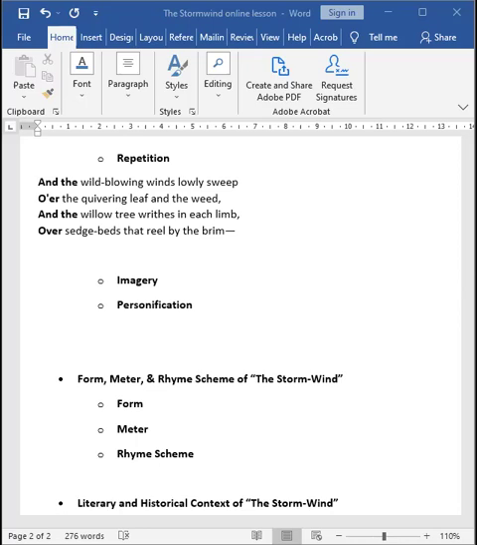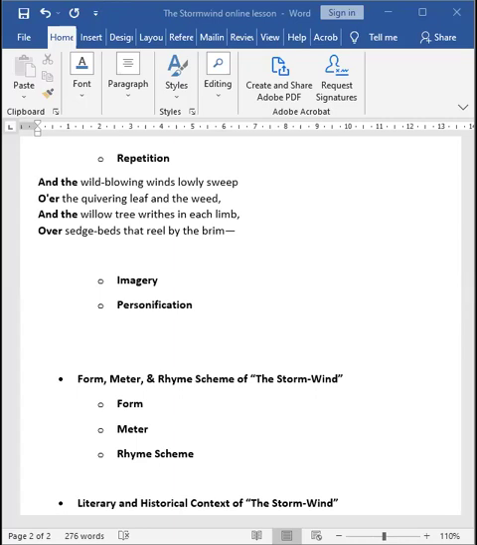The poem uses some subtle personification as it describes the effects of the violent storm wind. The speaker says that the leaf and wheat, both of them are quivering. So who quivers? The human beings quiver. Why do the human beings quiver? They quiver when they're afraid, when they're frightened, when they're fearing something. In the same way, if the leaves are not only swaying but are being represented as quivering, it suggests that they are afraid of something. The verb quiver just means to tremble or shake rapidly. It's a term which is often associated with human movement and emotion. So people quiver with fear or anxiety. Here the word suggests that the plants and water were all frightened by the storm.